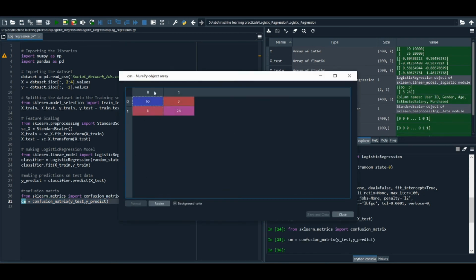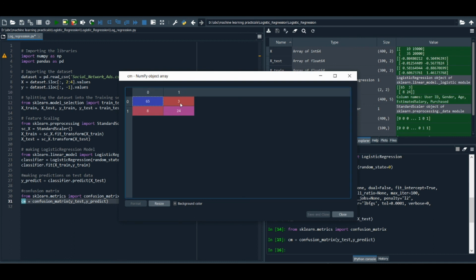Now this is a matrix. Here the 0 and 1 above are about the actual values of our testing set, and the 0 and 1 on the left hand side are about the predictions made on the testing set. Now this confusion matrix shows that there are around 65 actual values of 0, and our model makes a correct prediction of 0, and there are around 24 actual values of 1, that is for purchase, and our model also makes the prediction of 1 for them.